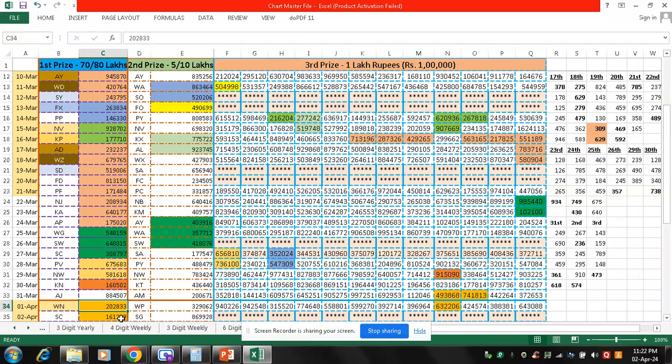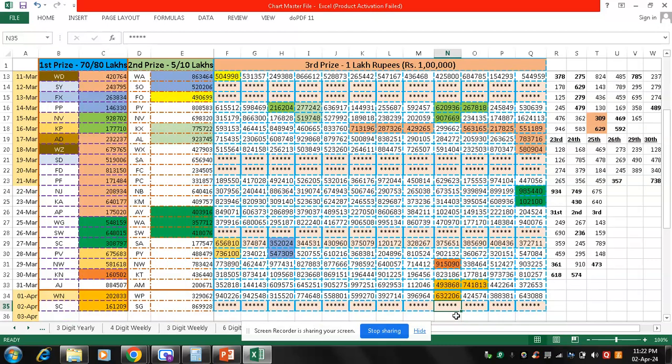Then 2 and 0 came as 2 and 0 here. Unfortunately, today there is no third prize result, so we won't be able to have any guessing number that we could replicate. However, I have found a new sequence here, 202, which came in the third prize money on the